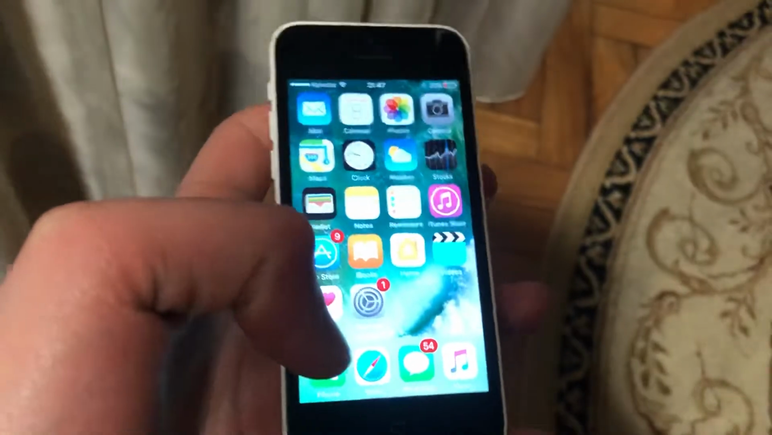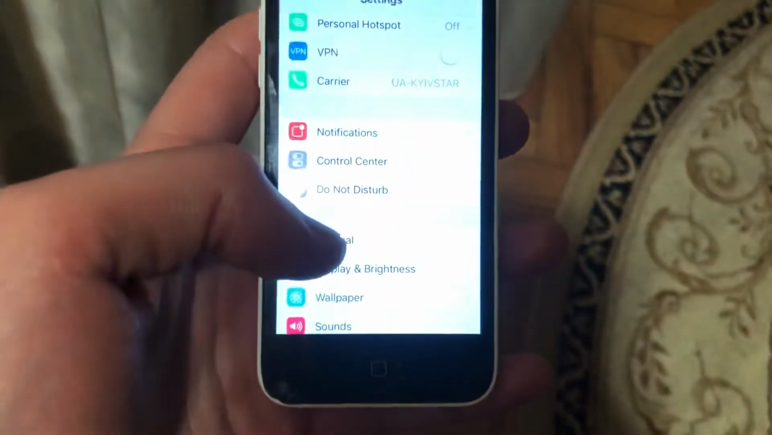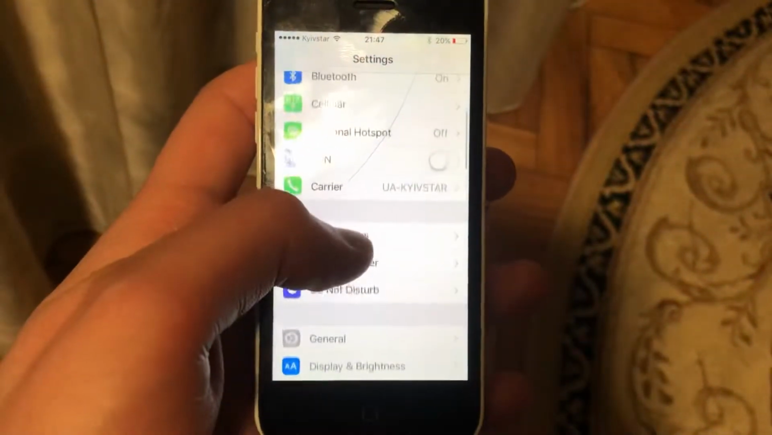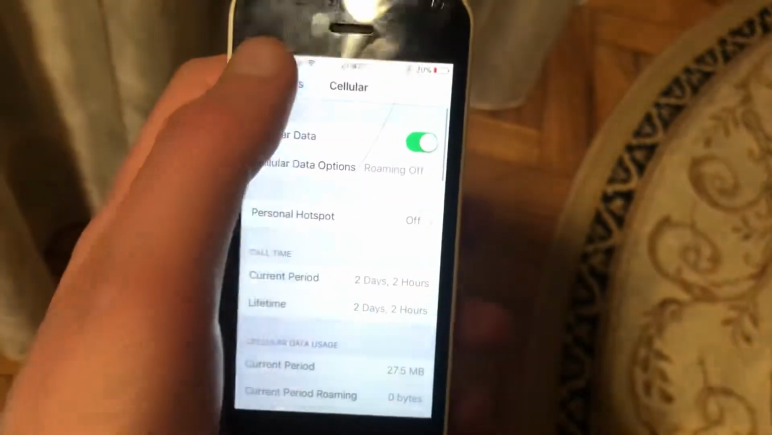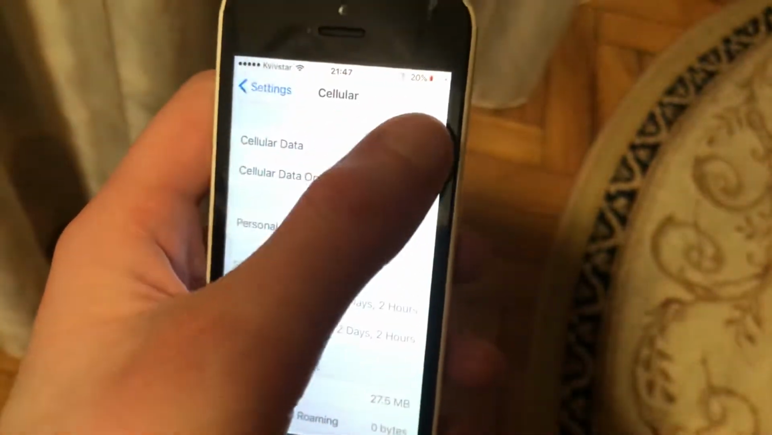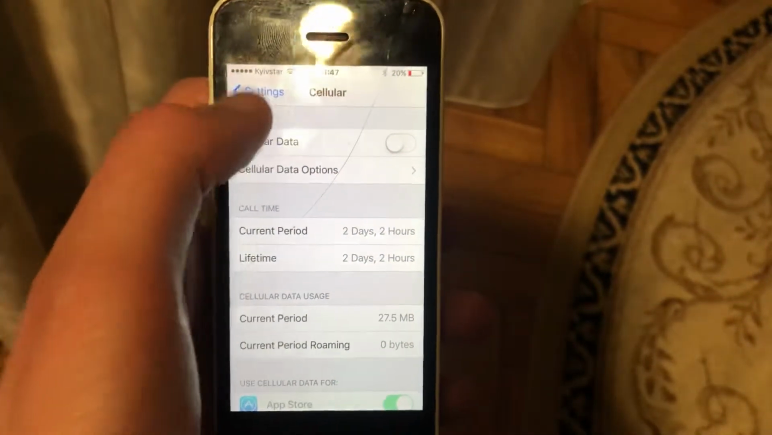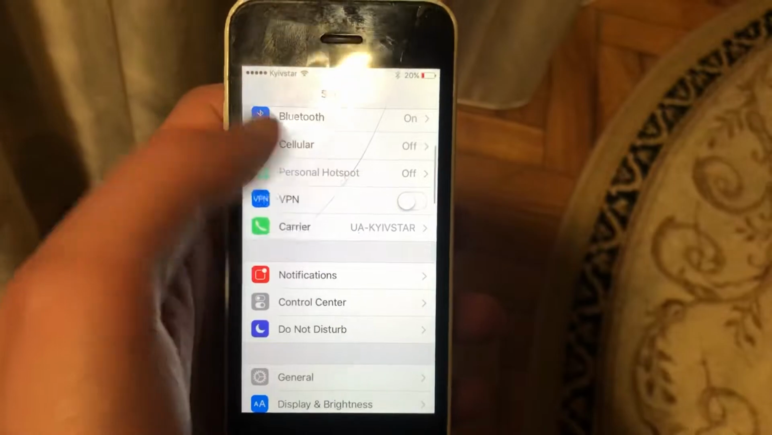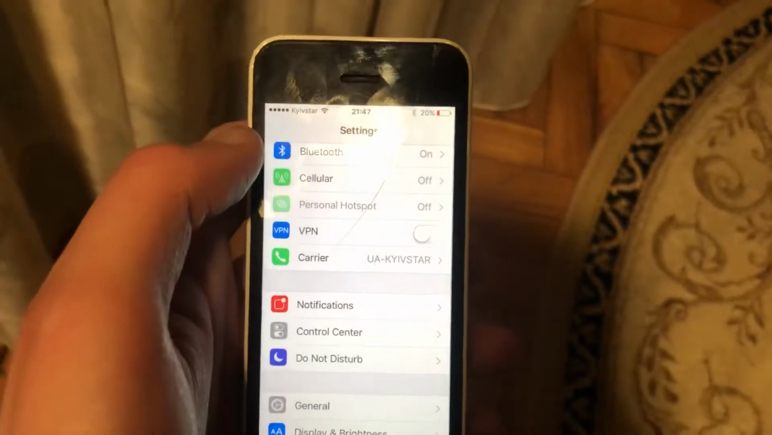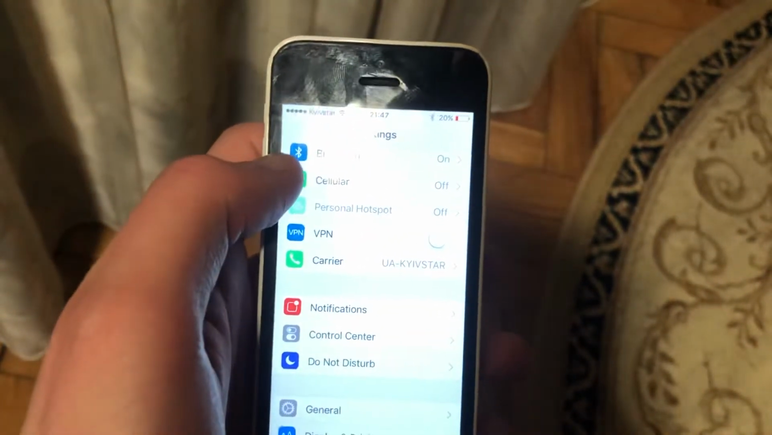So if you have problems with personal hotspot, just go to the settings. In the settings you need to find cellular data. Just check if you turned it on, because if you turn it off, personal hotspot won't be available. So here you can see it. You just need to check this thing, and also